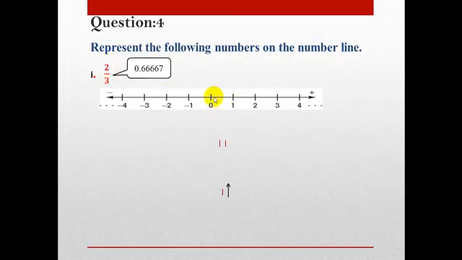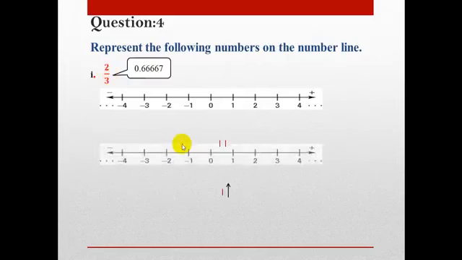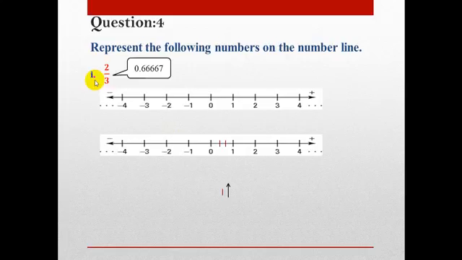But how? Because if you take 1 centimeter, there will be many lines here. How can you find where it should be? So the second step is, when you find that your number should be between 0 and 1, then your denominator decides the values. Just divide the required area into equal parts of the denominator. The denominator is 3, so your area will be divided into 3 equal parts.